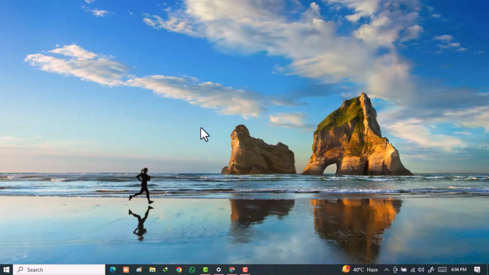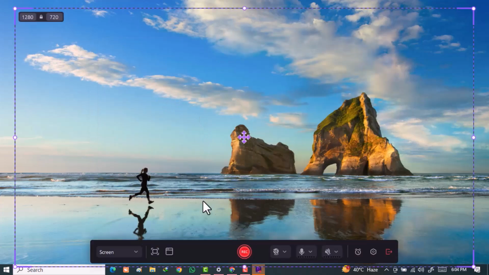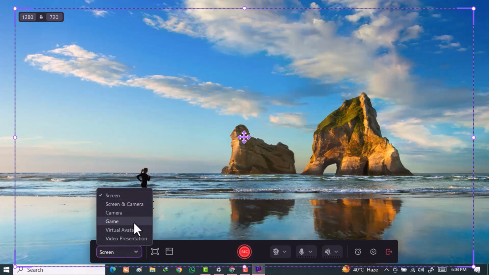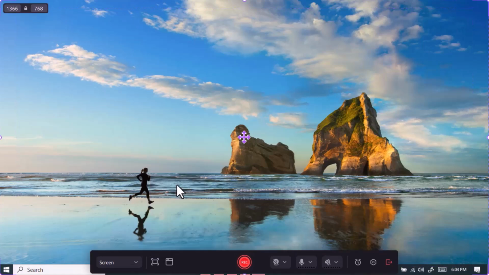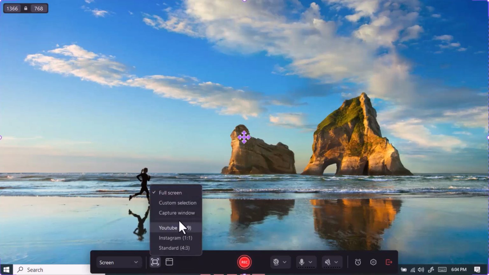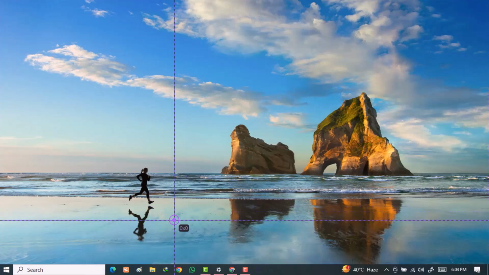Then choose the recording area, click on the HD option under zone capture here and it will pop up the list of various different sizes. Select according to your needs. I'll choose this one, which will then take up the whole screen. Demo Creator provides a selection of preset recording formats including full screen, 2K, Full HD, HD Portrait, and even social media formats, which are ideal for sharing on social media platforms like Instagram or YouTube.